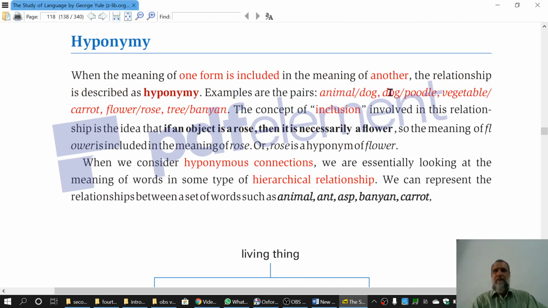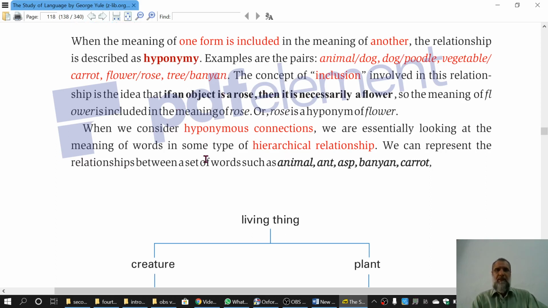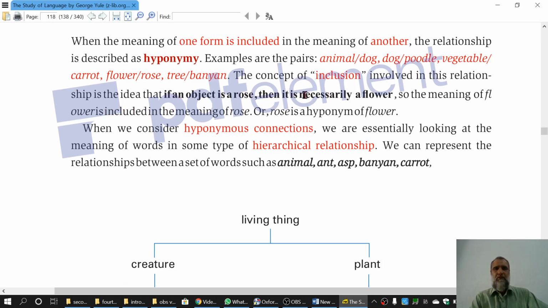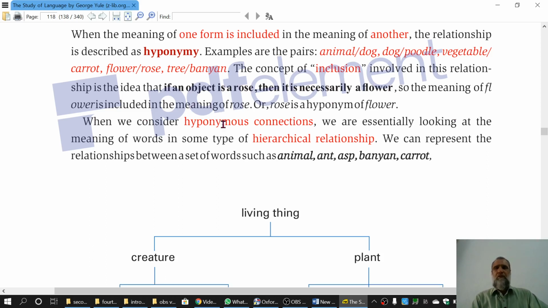When the meaning of one form is included in the meaning of another, जब एक फॉर्म की मीनिंग दूसरे में आ जाए, the relationship is described as hyponymy, तो इस ताल्लुक को हेपोनिमी कहते हैं। Examples are the pairs animal, dog; dog, poodle; vegetable, carrot; flower, rose; tree, banyan. The concept of inclusion involved in this relationship, ये जो concept of inclusion involved है इस ताल्लुक में, is the idea, इसमें idea ये है that if an object is a rose, अगर कोई object rose है, then it is necessarily a flower, तो ये खामखा flower भी होगा। So the meaning of flower is included in the meaning of rose, तो flower का माना rose के अंदर छुपा हुआ है, और रोज इज हेपोनिम ऑफ फ्लावर।